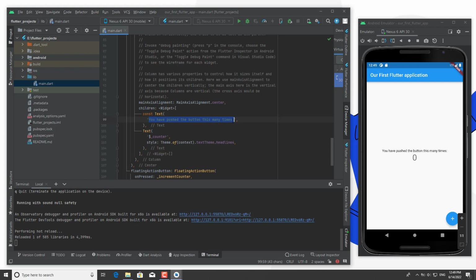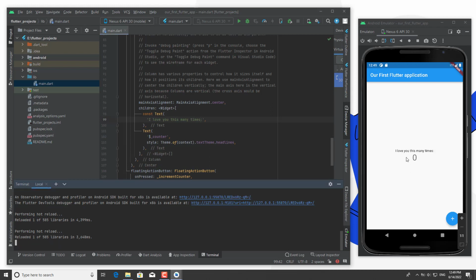Okay, I want to change this part too, like I love you this many times, and add it here, and I love you this many times. Just every time we touch, this will increase, and here we have expand. Okay,